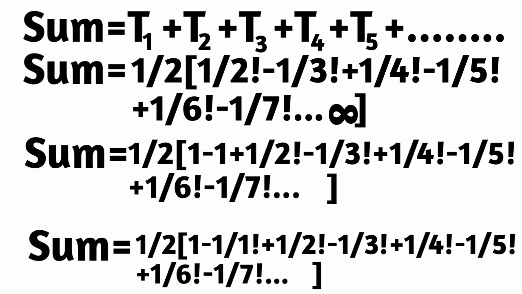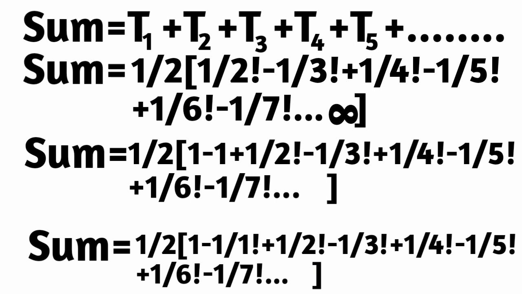As you can see here, the term 1 is written as 2 times with opposite signs, plus and minus. The reason for writing this is that we have to make the above expression into the exponential e value, that means exponential e with negative power. Here the term negative 1 is written as 1 divided by factorial 1. Okay. By writing in this way, we can make the above expression as exponential e with negative power.